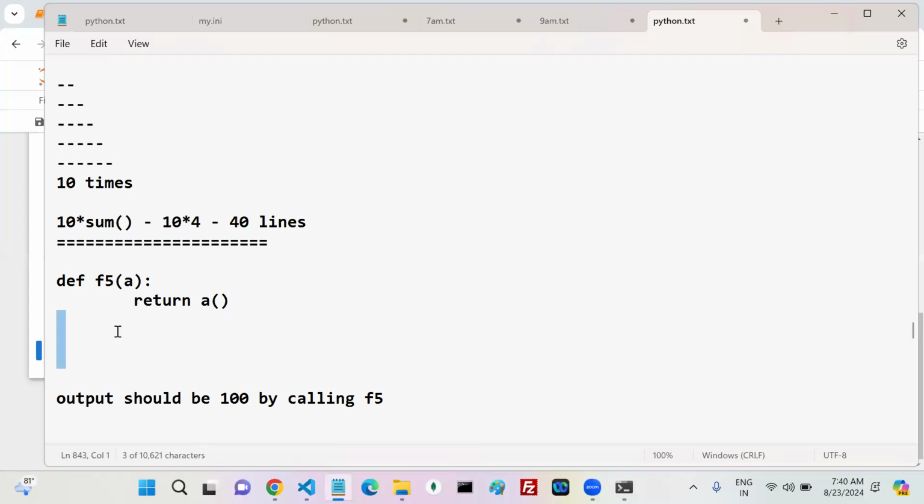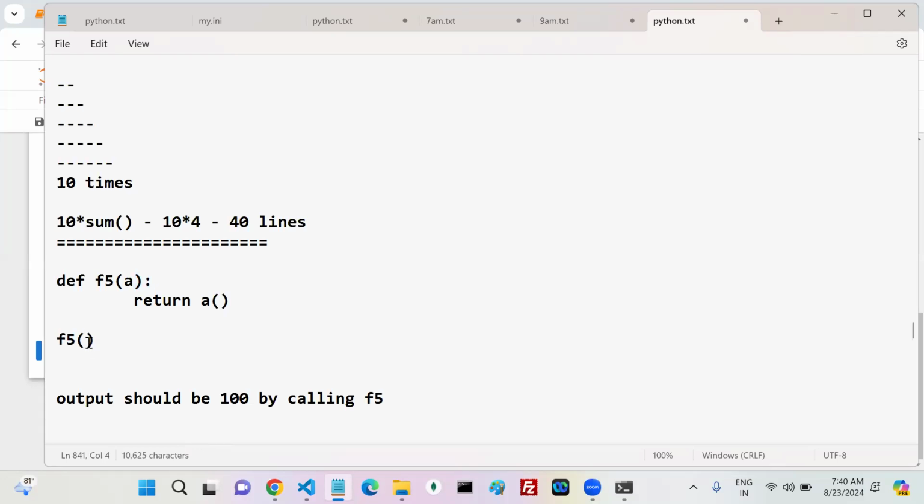While calling F5, right? F5. What is the error now? You have not supplied one parameter, so you get a parameter error.